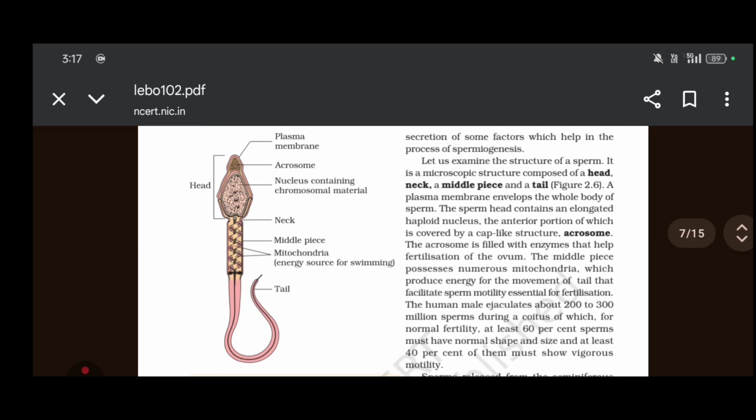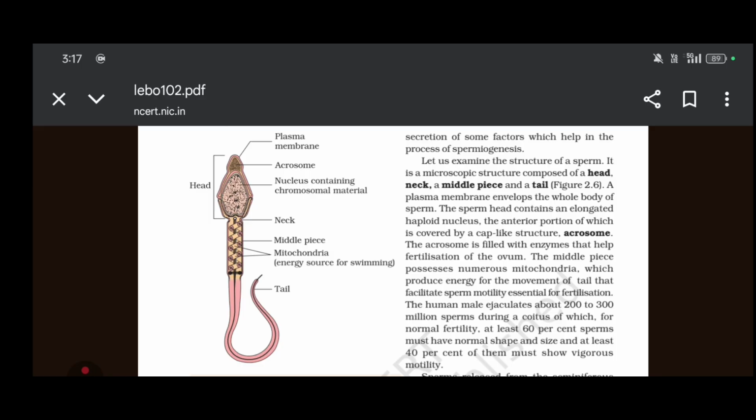ये जो वाला फिगर है वो एक स्पर्म का फिगर है। ये हेड है, वो जो प्लाज्मा मेम्ब्रेन है, एंड अंदर एक एक्रोसोम है। एक्रोसोम एक ऐसा एंजाइम है जो रिक्वायर है, जो हमारा ओवरी है उसके 3 लेयर्स होता है। सबसे आउटर मोस्ट लेयर को तोड़ के स्पर्म को घुसने के लिए इस एक्रोसोम मेम्ब्रेन का होना ज़रूरी है। जिसका एक्रोसोमल एंजाइम ज़्यादा स्ट्रॉन्ग है वही स्पर्म जाके फ्यूज़ कर सकता है।